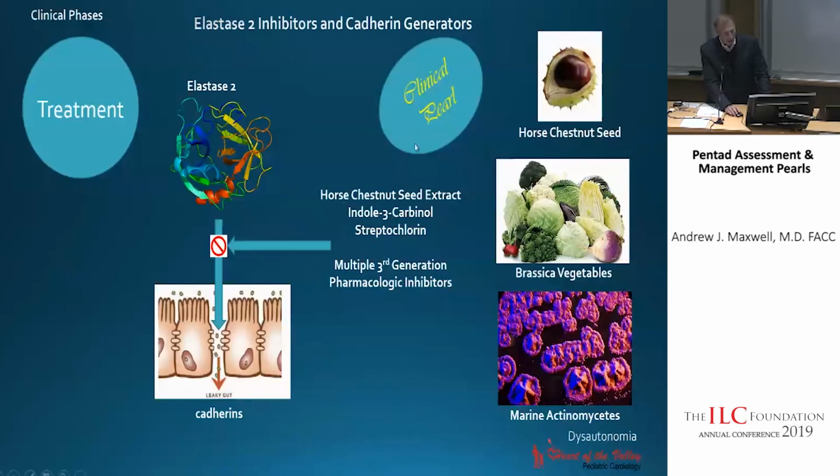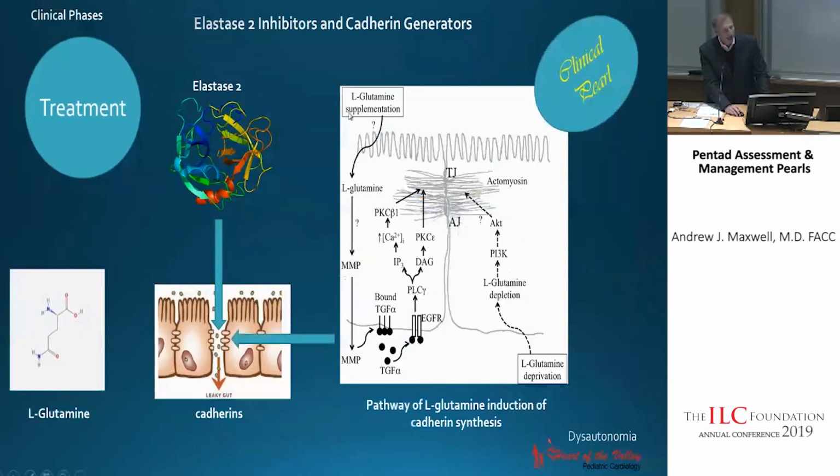It's too early to say whether this is going to be effective or not, but just to give you an idea of the kind of thinking that is. And the other thing is putting them on L-glutamine, because L-glutamine has a very specific pathway in the body for stimulating the production of new cadherins. So when your doc or dietitian recommends that you be on L-glutamine for the leaky gut, it's not just throwing something at you. It has a very specific pathway that's restoring these little gap junctions here, restoring the tight